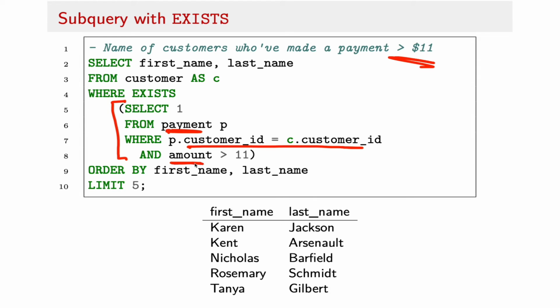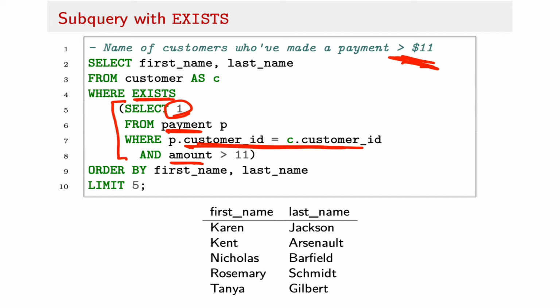This amount column is in payment, but we want to get a customer ID out of this, or we want to match against this customer ID so that we can tell if any customer made a payment that satisfies that criterion. So again, we're selecting 1. We're just going to get some rows that have just a single column of 1s in them if this particular customer has in fact made a payment in excess of $11. And that will make the exists expression test true if that set is not empty, indicating that that customer made